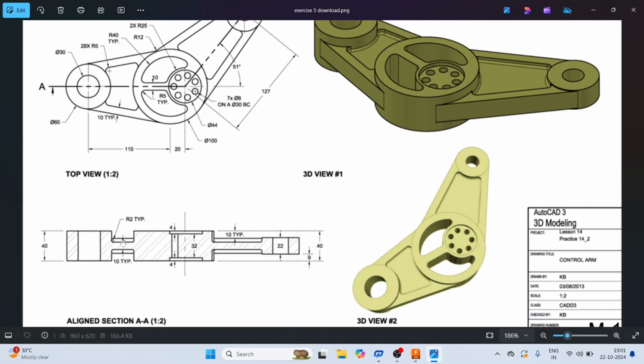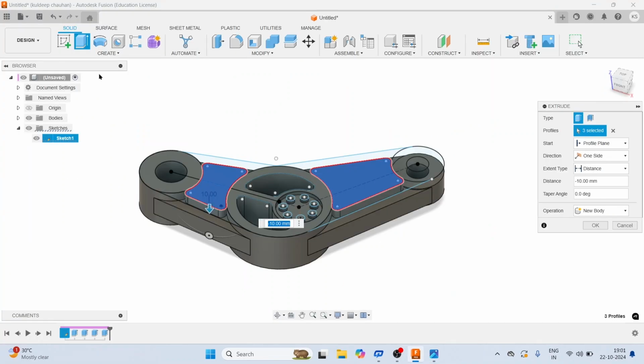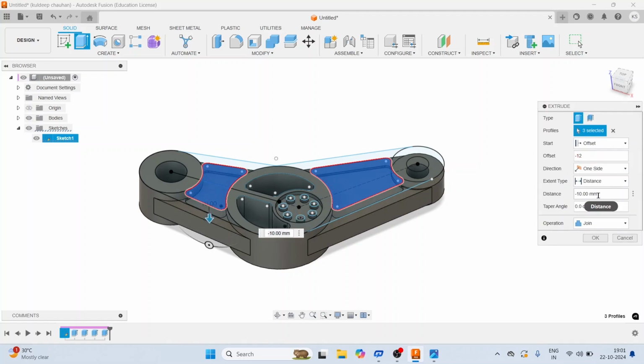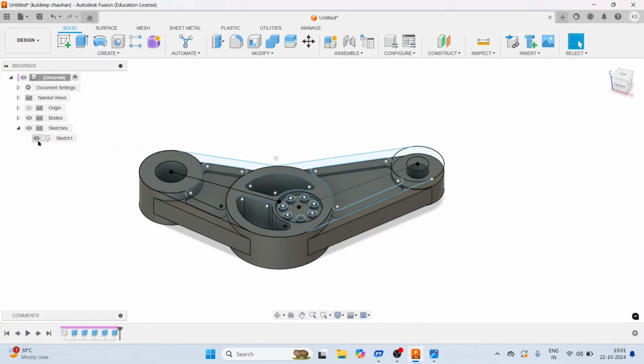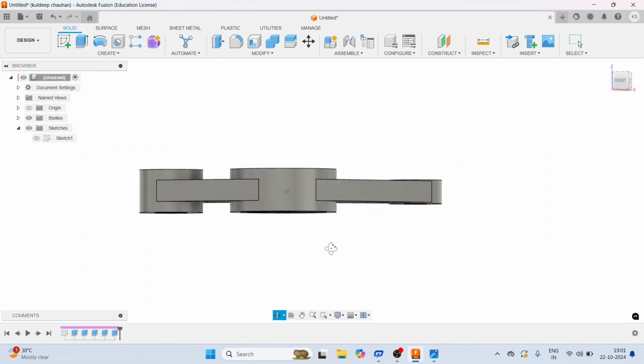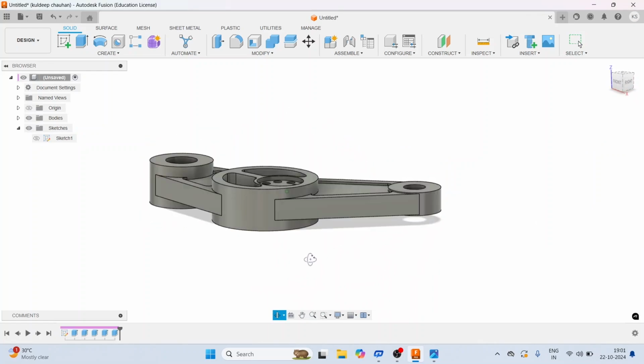So we will offset it 12 mm downward, and we will extrude it up to 10. Now we will give an offset distance of minus 12, and we will extrude it minus 10. We will turn off the sketch. So we have extruded this.